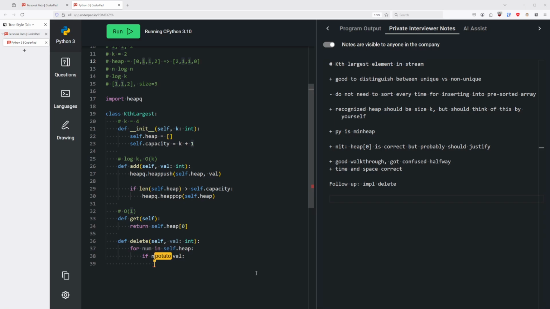If the current number is equal to the value we're looking for. Oh, actually, I should use the index. So for i, okay, then we want to swap with the last element. So I'm going to say self.heap at i is equal to self.heap at